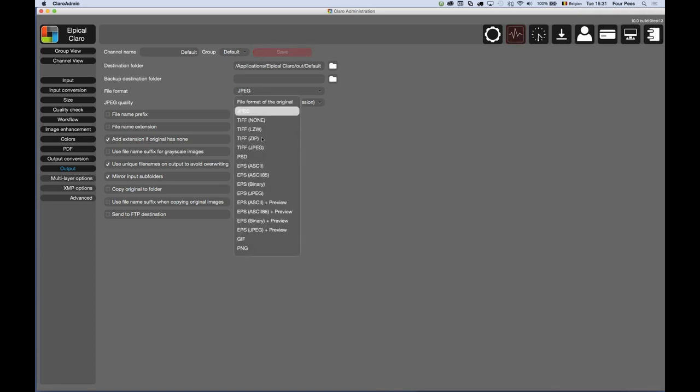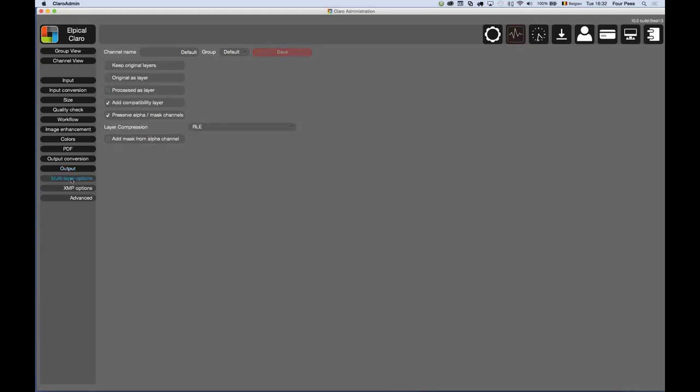I can define the JPEG quality. I can define a file name prefix, a file name extension. I can add an extension if the original has none, and a number of other specific options with regards to the output. We talked about multi-layered files on the input side. Also on the output